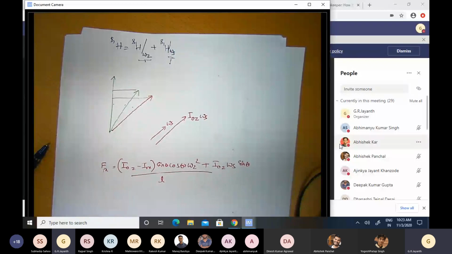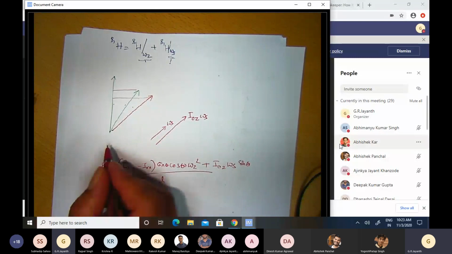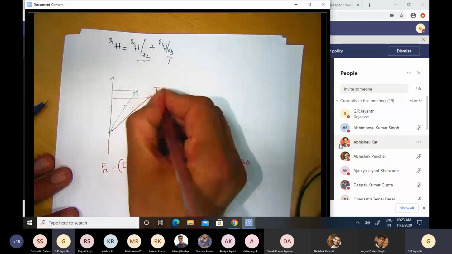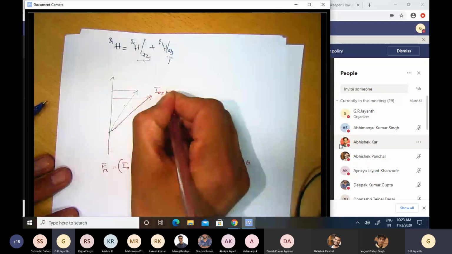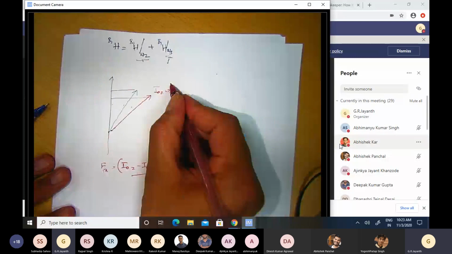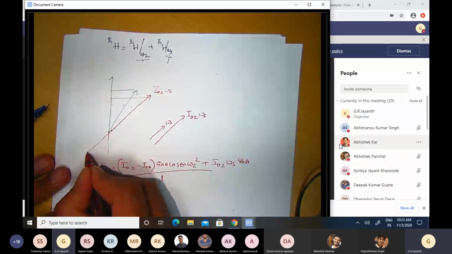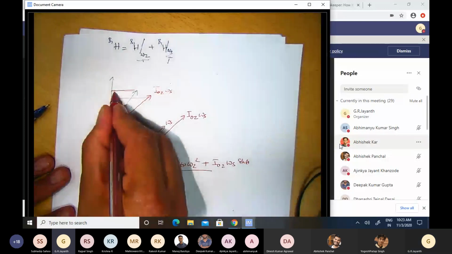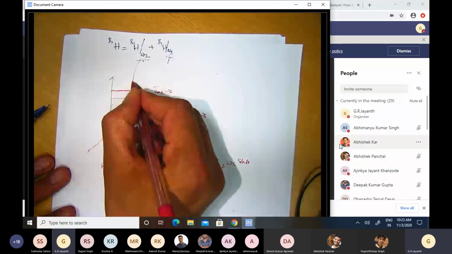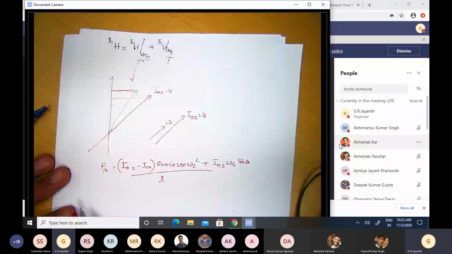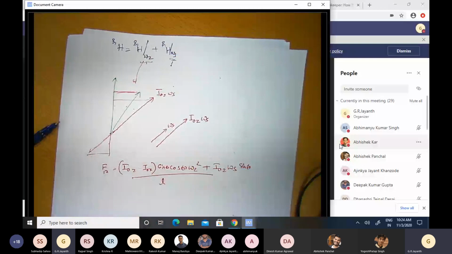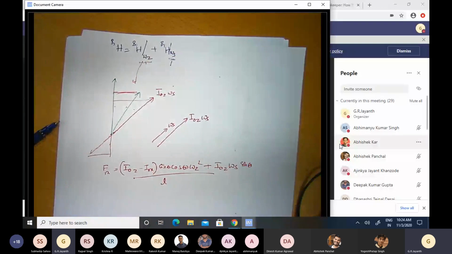This was not a mere exercise in algebra, but it had profound physical consequences, and we saw how it could potentially be made zero. So this vector, for example, is I0z omega s. So if omega s is positive, it is this way. If omega s is negative, it is in the other direction. So if omega s is just of the right amount, then the x component of this first term here will exactly cancel the x component of the other term there, with the consequence that the overall angular momentum vector will now be aligned only along the z-axis, and the x-axis components go away.